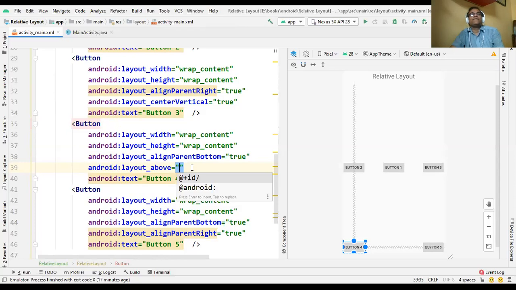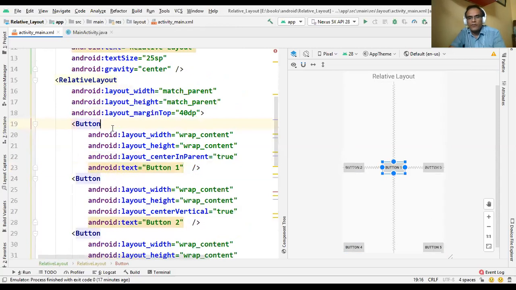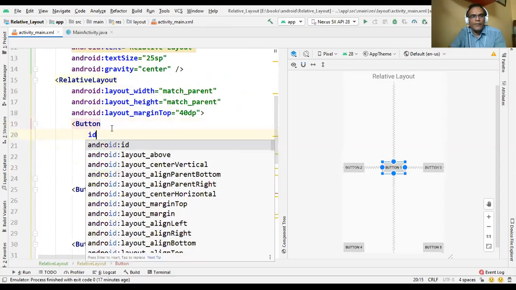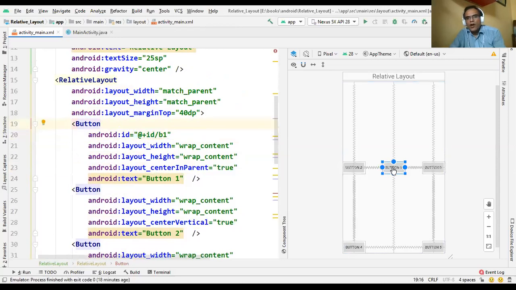In that case, if we want to relate one widget with another widget, we have to use the ID. So first we create the ID of button 1. Now this is the button 1 and we create an ID. So now suppose we choose ID B1.